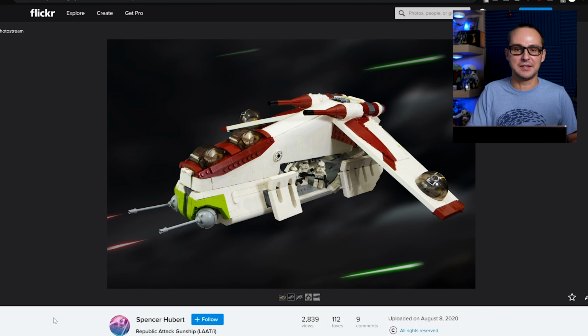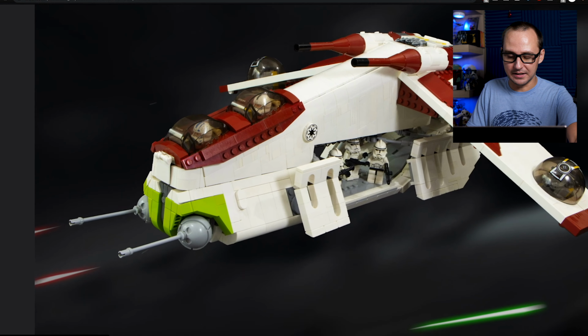Okay, this is probably one of the most made vehicles as of late when it comes to Star Wars, but we have another version of the LAAT, Low Altitude Attack Transport, Republic gunship, if you will. But this one is different. I think the design is cool in a way, because it's kind of elongated, coming from